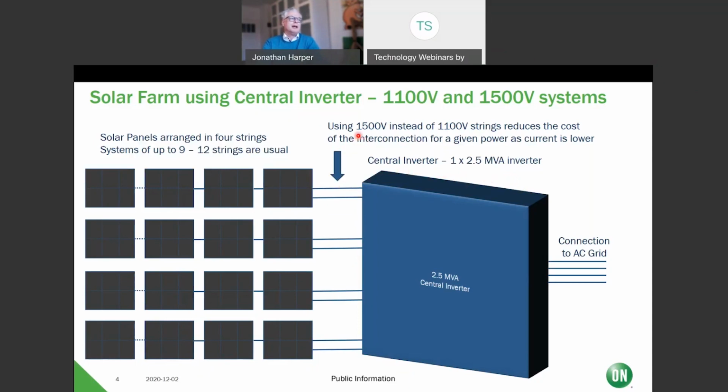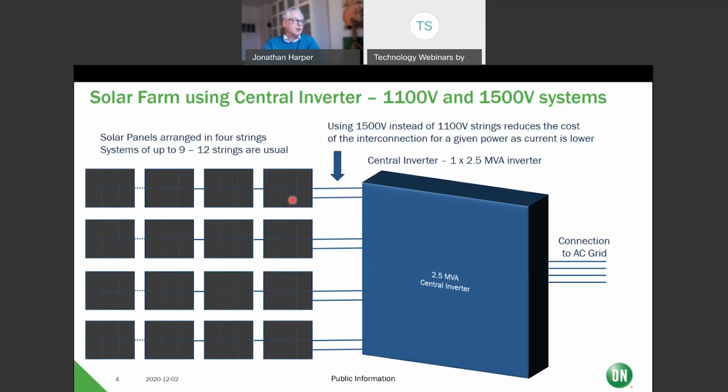One thing I want to point out is the voltage on the strings. When you add up all these solar panels, the voltage can get up to quite a high voltage. You can say, well, I want to make the maximum voltage here 1100 volts. That's kind of standard in the past for such solar inverters. And then for a certain power, you have quite a high current. So if you increase the voltage which you allow on the string input here to 1500 volts, you can reduce the cost of these wires. These are just blue lines on PowerPoint, but in reality, these are expensive cables, and reducing the cross-section of this cabling